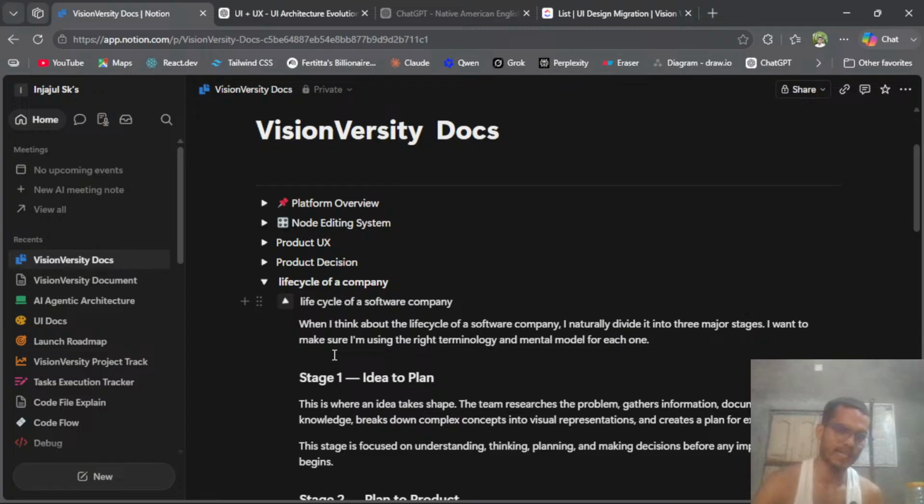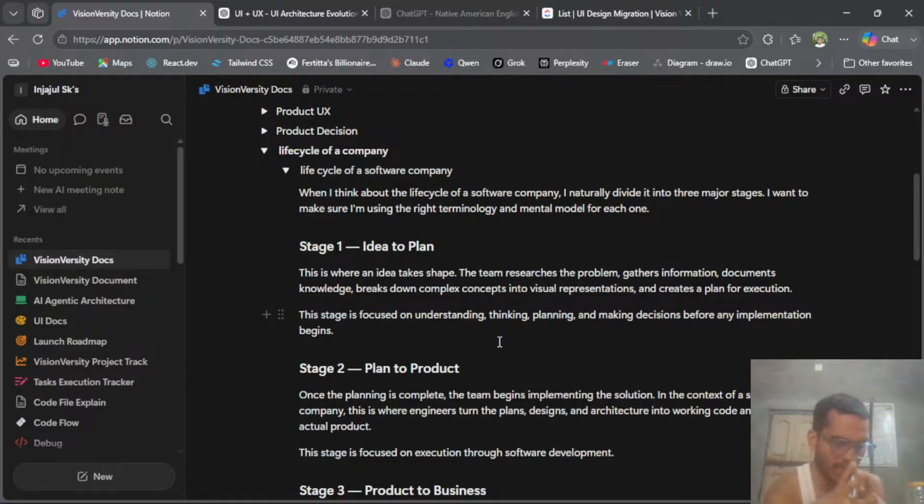So idea to plan. Before creating anything, the seniors, the professionals, always convert their idea into a plan. To break down your complex things, you need mind maps, flow charts. It's kind of like visualizing. You are visualizing your complex tasks. This is the first part. Second part, you have to research your product and your architectural design. Then you need research. At this moment my product is around this stage one,